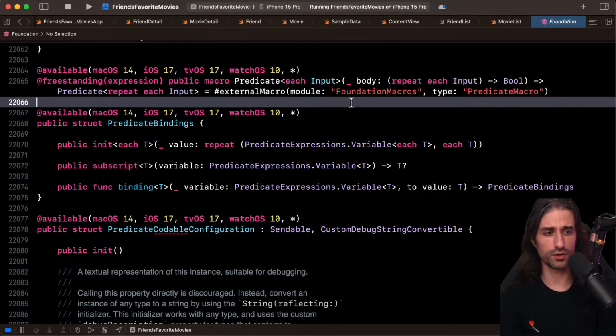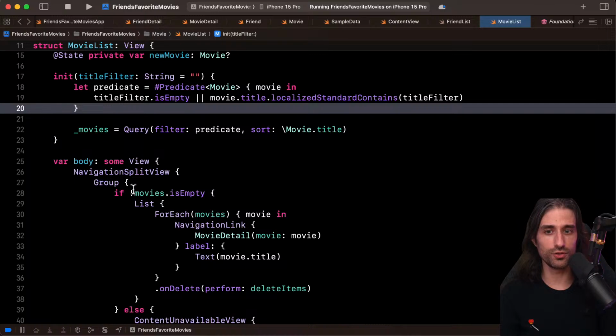But I'm not sure actually. You can see an interesting thing is that predicate seems to be codable. So it seems that you can encode a predicate, which is also something that you obviously couldn't do if it was just some arbitrary piece of code. So I'm not sure actually if the macro is open source, but I think a Google search should be able to let you know about it, because if it is, it's probably in one of the GitHub repos of Apple. So either like the Swift repo on GitHub or a similar repo.